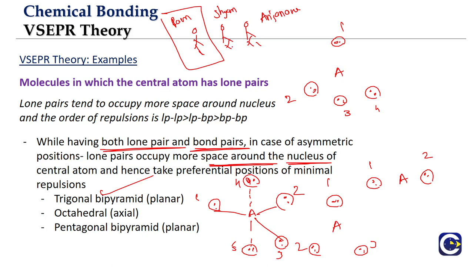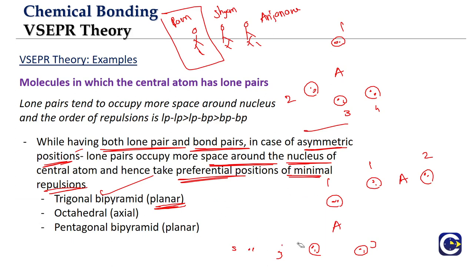So we'll give the lone pair of electrons positions where they will have minimal repulsions, which means we are trying to give them a preferential position. The lone pair will have a preferential position whenever we have asymmetric positions. Asymmetric positions are going to come from the trigonal bipyramidal onwards. Trigonal bipyramidal, and the same for octahedral, will have asymmetric positions. Pentagonal bipyramidal also will have asymmetric positions. So in trigonal bipyramidal, what is the preferential position that the lone pair of electrons will take? Because the lone pairs create stronger repulsions, they will be given the first preference to occupy the planar positions.